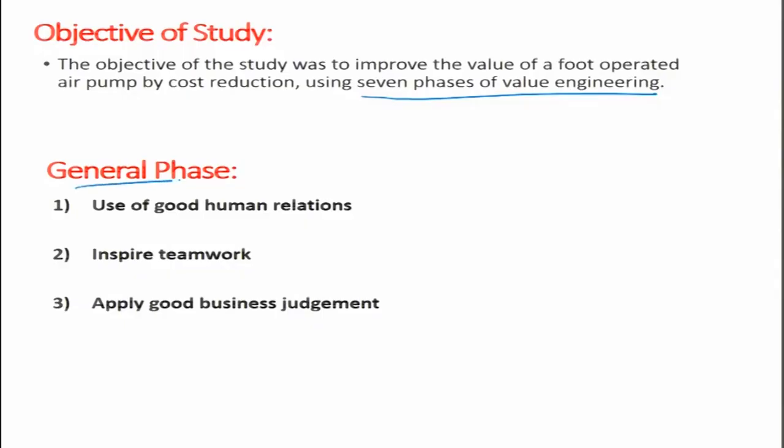The 7th phase is general phase. Actually, we started from the information phase. Before information phase, Mudge suggested a general phase. Okay, general phase is just an overview, just an introduction to value engineering, or just gather the resources like people, documents. Just data collection can be one of the part. Value engineering team is more dependent upon data collection and analysis and data implementation. So, using good human relations is one thing he suggested.